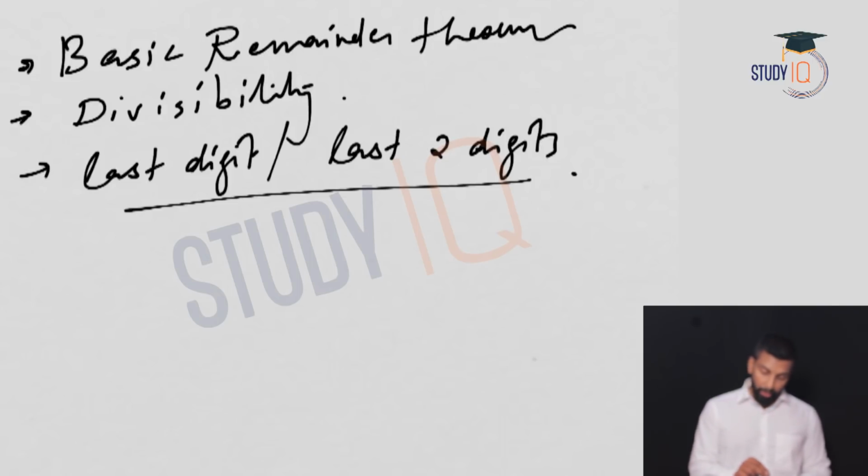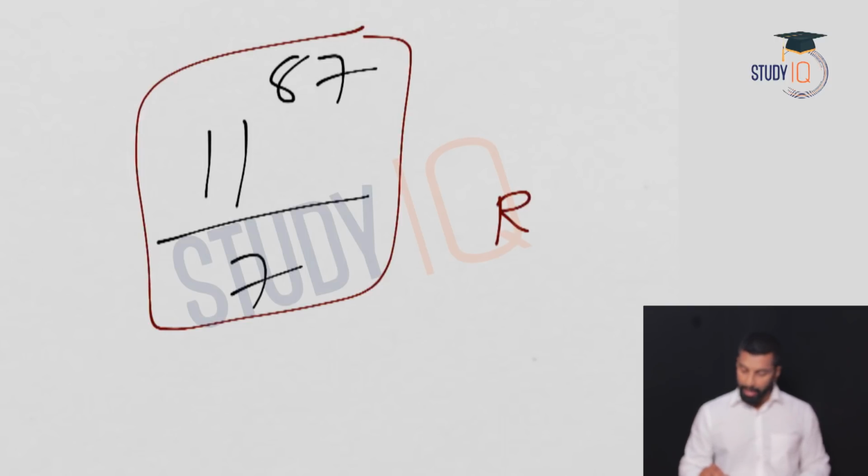Now we are going to look at some complicated, little higher level questions, where you need to factorize the numerator. That is what we have seen till now. But when you look at the denominator, there is no such pattern or anything, okay? Just like a random question like 11 raised to 87 divided by 7. What is the remainder? We are going to solve this kind of question now by using the concept of